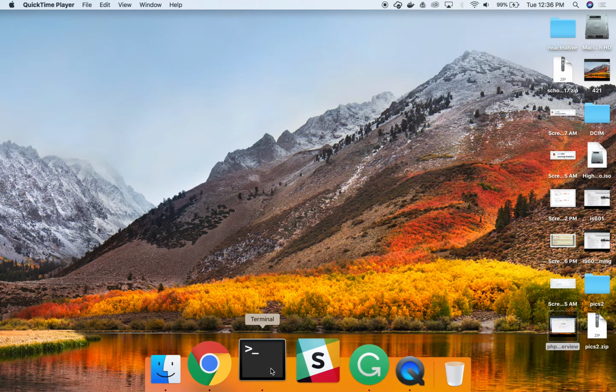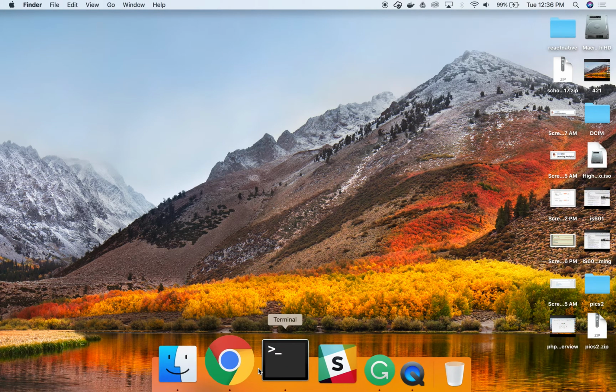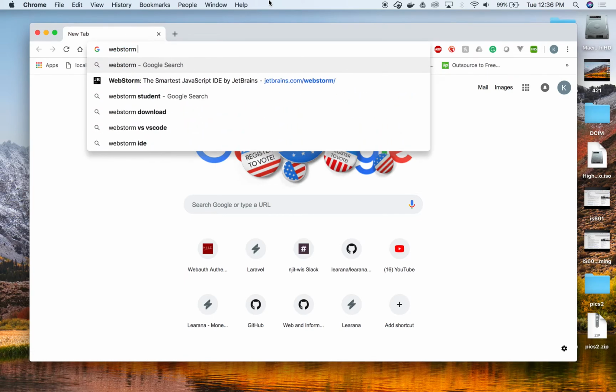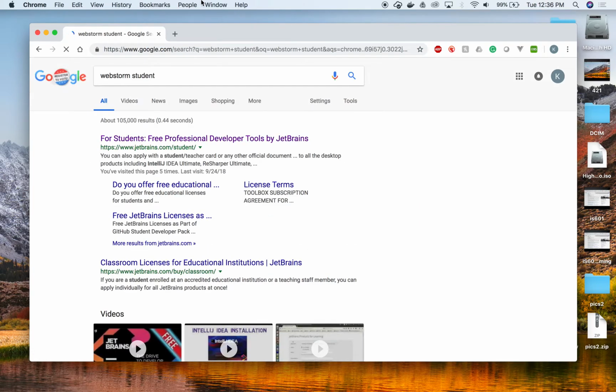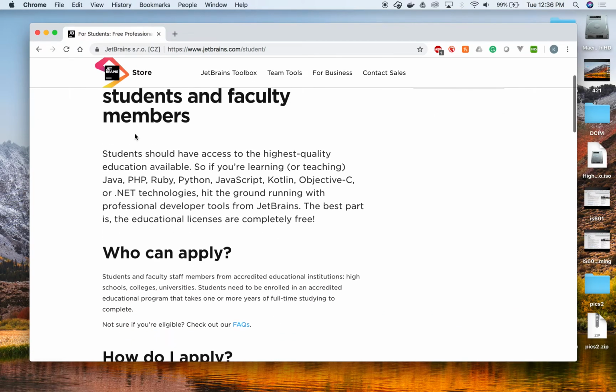All right, so we start off by doing a little bit of WebStorm. So the prerequisites for this, you need to go to JetBrains student and sign up for the student license,